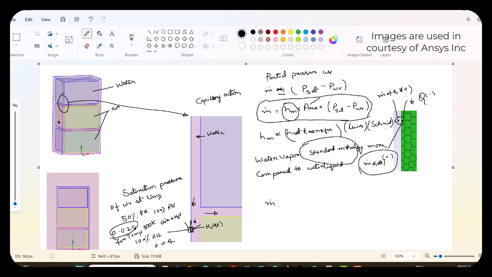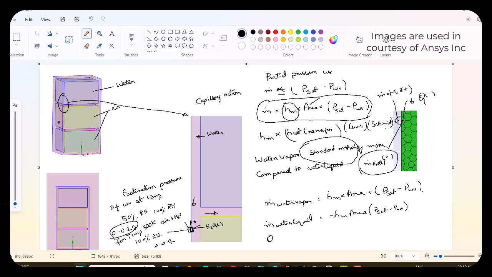So M dot of water vapor is equal to HM into area into (Psat minus PWV), and removal of water liquid is just with minus HM area (Psat minus PWV),